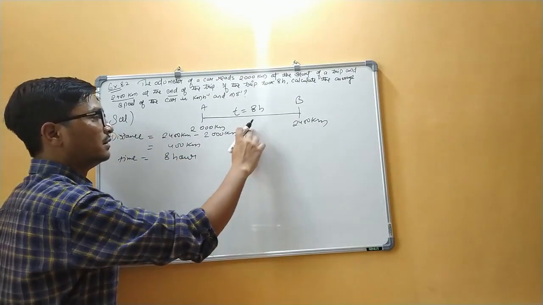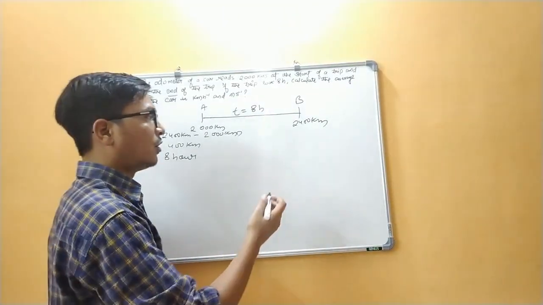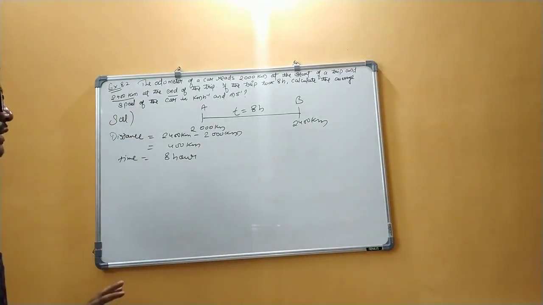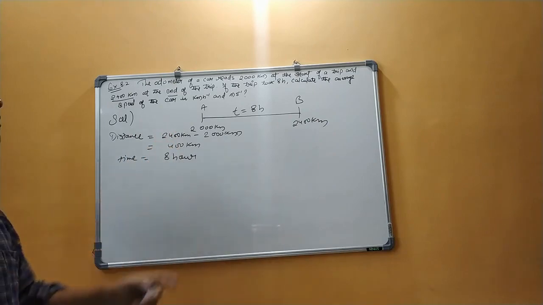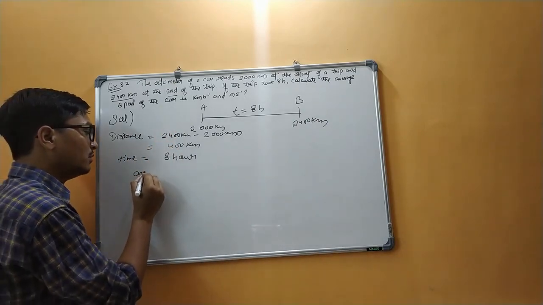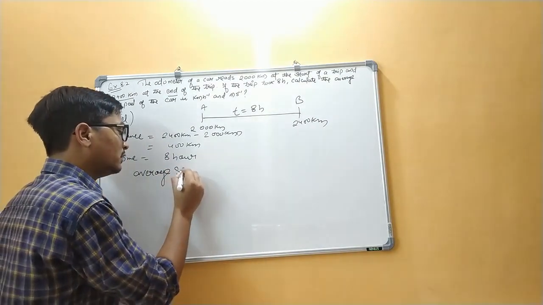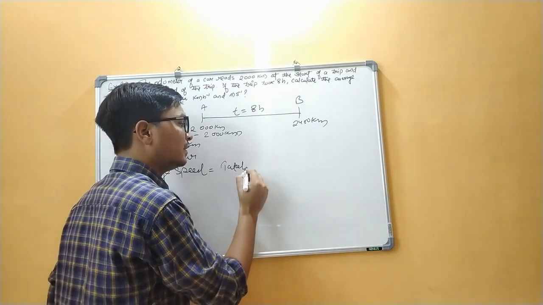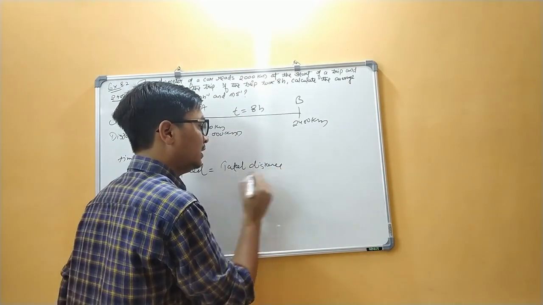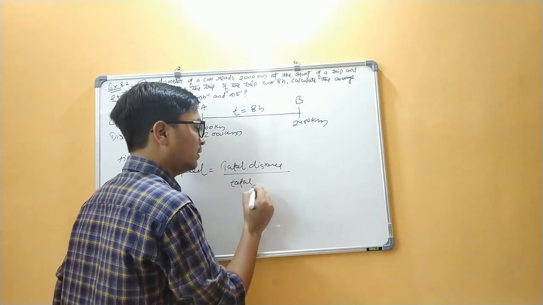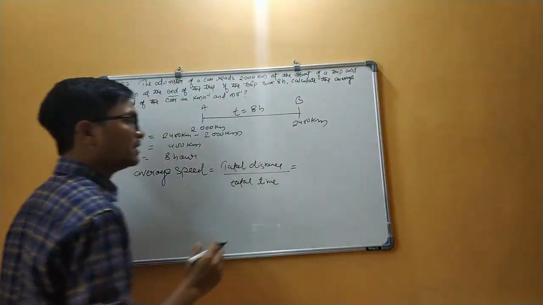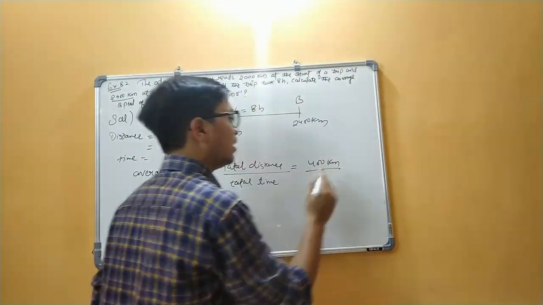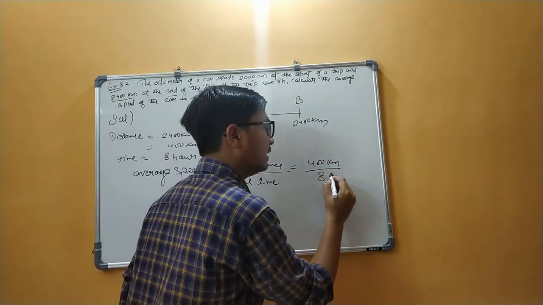Okay, this will give you approximately 1 or 1.5 marks in the examination if it comes in 5 marks. Understand? Then how to solve it? What is our formula for average speed? The average speed formula is total distance traveled by an object upon total time taken. So how much distance was traveled by the car? It covers 400 kilometers. And how much time does it take? It takes 8 hours.